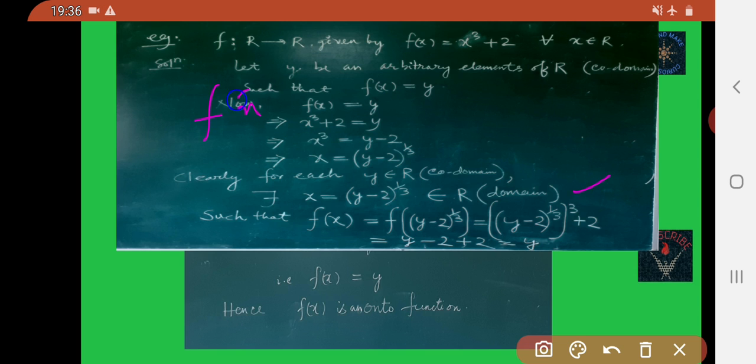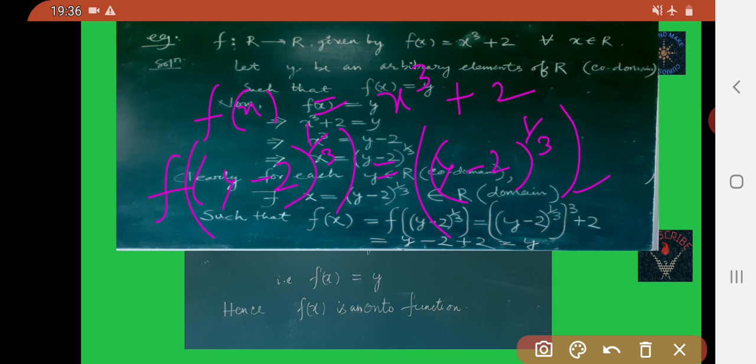You know f of x is x cube plus 2, so f of (y minus 2) whole to the power 1 by 3, this if you put, then you get (y minus 2) to the power 1 by 3, whole to the power 3, plus 2.